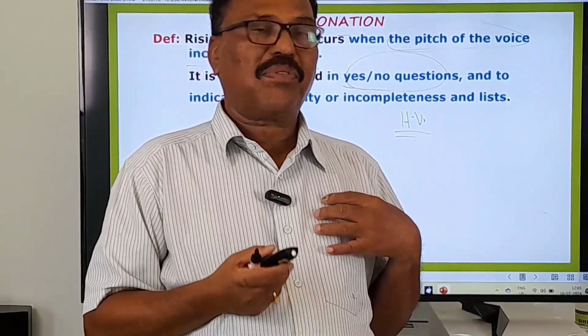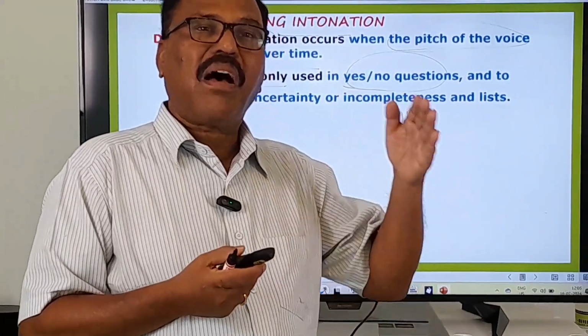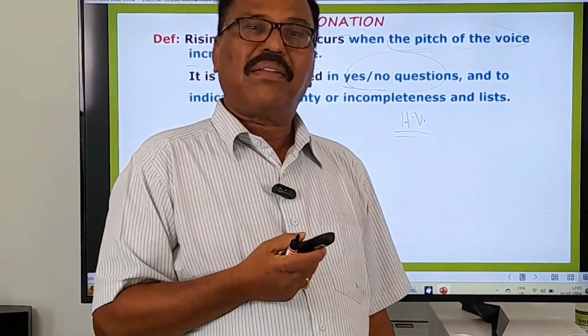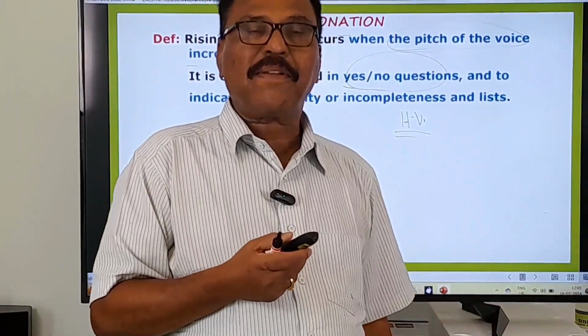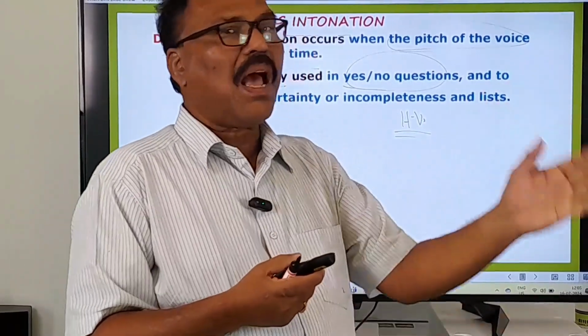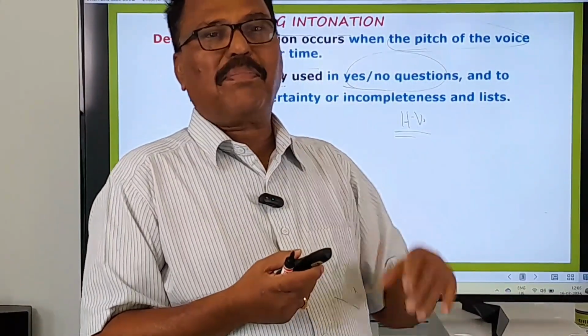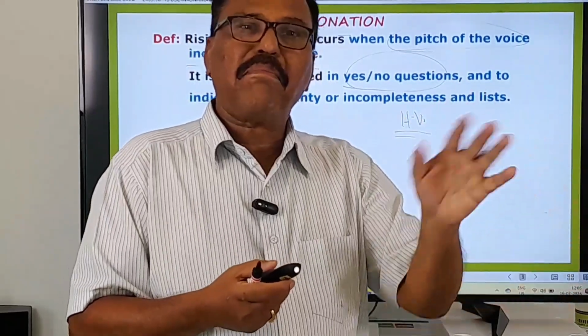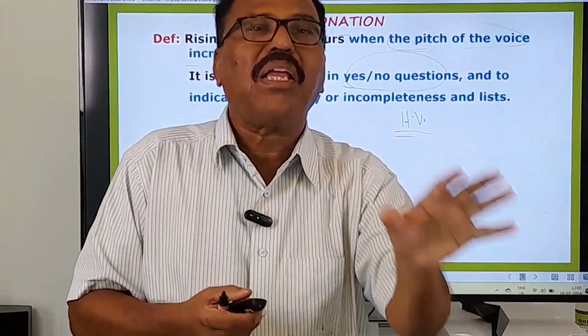You know about the helping verbs. What are the helping verbs? Am, is, are, was, were. So these are called helping verbs, and they have also another name, be forms. And do, does, did. Okay, they are also helping verbs. Have, has, had. These are also helping verbs. Shall, should, will, would, can, could, may, might, must. So these are all helping verbs.